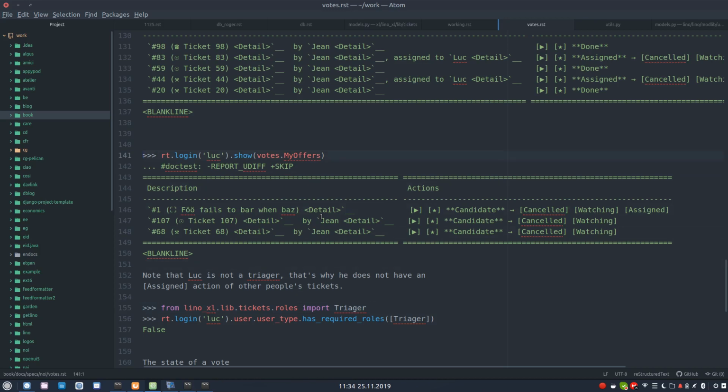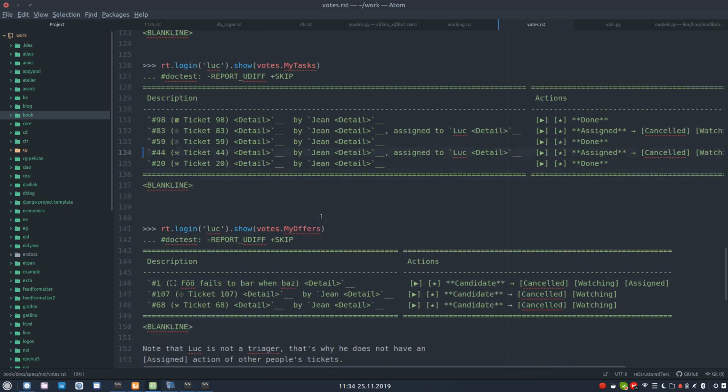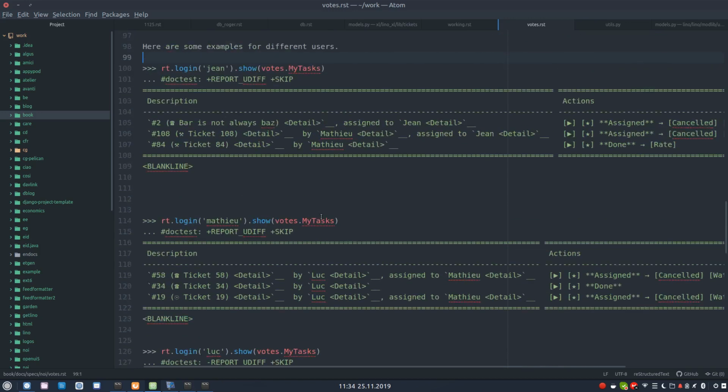This might be wrong. This votes.my offers, is it still used? Skip. You see, there are skips here. That's why it is passing. Indeed, we don't use the votes plugin,